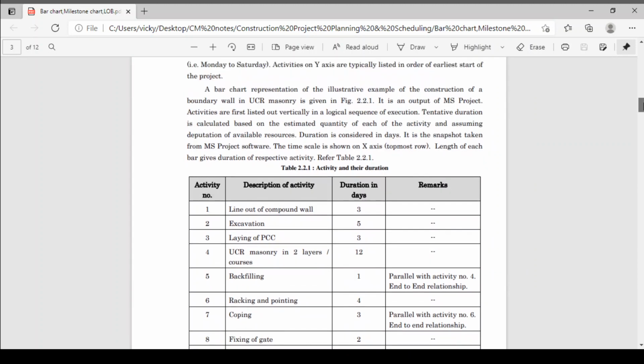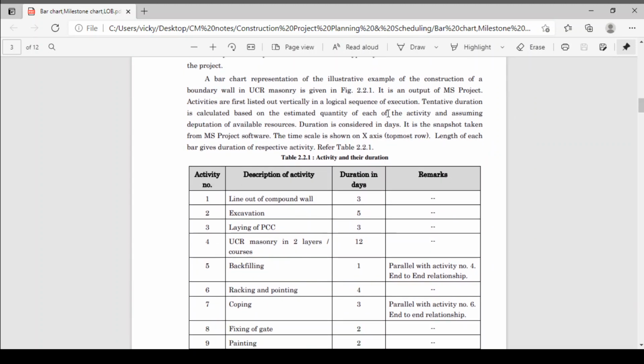Now we have listed those activities. Tentative duration is calculated based on the estimated quantity of each activity and assuming availability of resources. We have calculated the tentative durations based on your estimation, meaning how much quantity is required for excavation, how much is the PCC, how much is the UCR masonry, and depending on the number of laborers you have available.